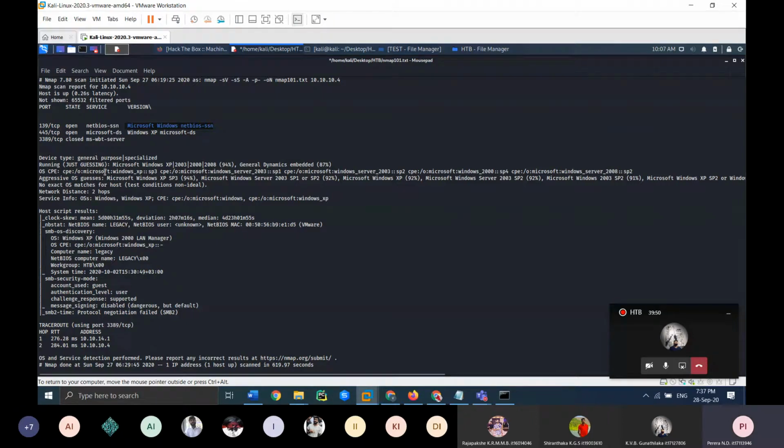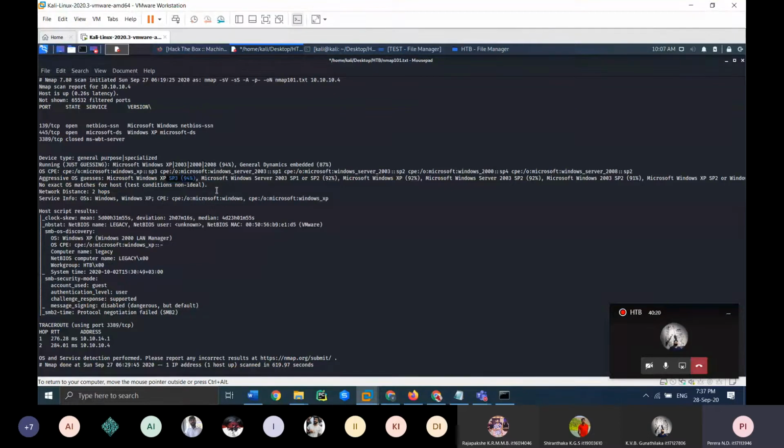In here, in the service info, they are suggesting that this is a Windows XP machine, which was built in 2003, 2000 or 2008. They are also suggesting that this is from SP2, Microsoft Windows XP. There is a 94% chance of this machine being SP3.